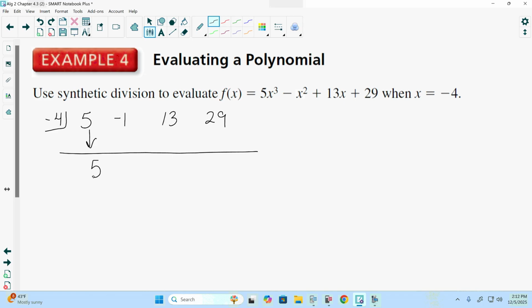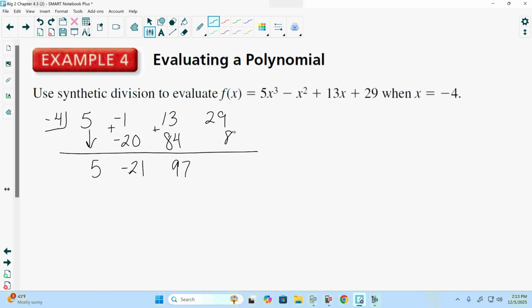-4 times 5 is -20. -1 plus -20 is -21. -4 times -21. The negative and negative make a positive, so we're really looking at 4 times 21, which is 84. We're going to add straight down. 13 plus 84 is going to be 97. And 97 times -4,